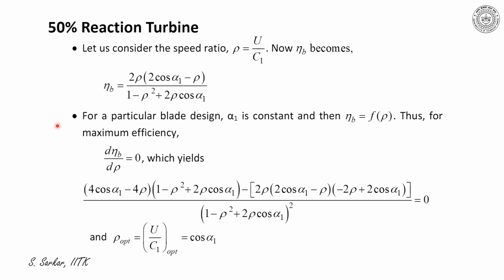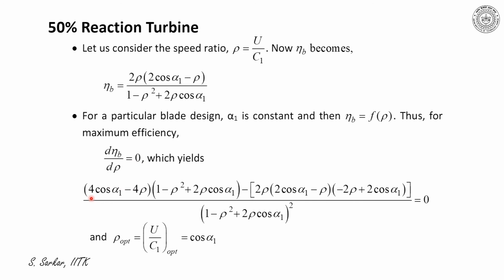For a particular blade design, alpha 1 can be treated as constant and thus blade efficiency is a function of rho. Hence, for maximum blade efficiency, I can say d eta B by d rho is equal to 0,